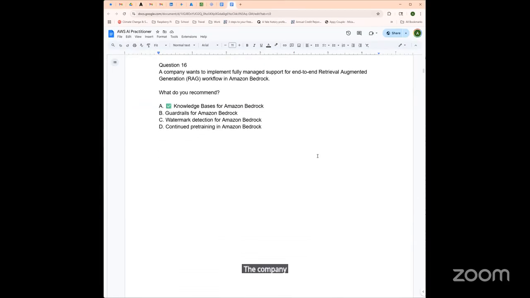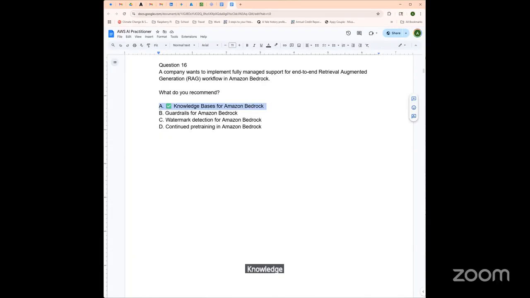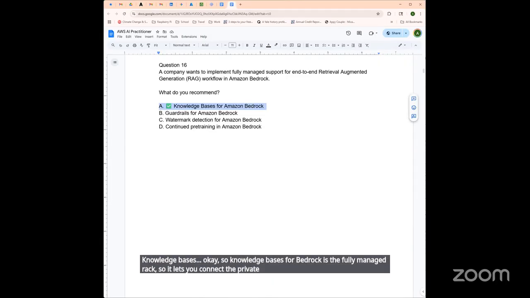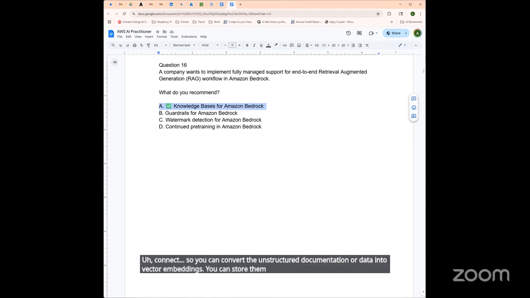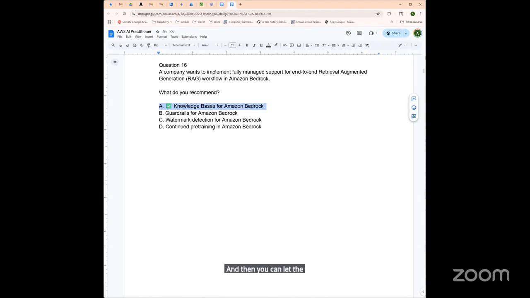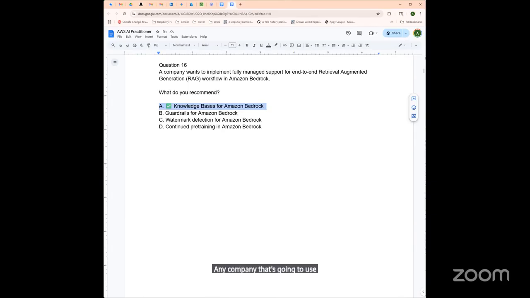A company wants to implement fully managed support for an end-to-end RAG, retrieval augmented generation, workflow in Bedrock. What do you recommend? Knowledge Bases. Okay, so Knowledge Bases for Bedrock is the fully managed RAG. It lets you connect private company data sources like S3 or something on-prem. So you can convert the unstructured documentation or data into vector embeddings. You can store them in a vector database like OpenSearch, and then you can let the foundation models retrieve the context at runtime. So this is the purpose-built solution for any company that's going to use Gen AI applications that require up-to-date